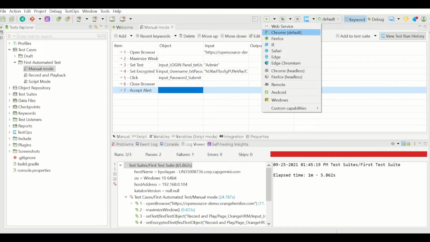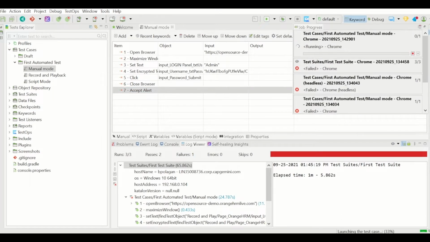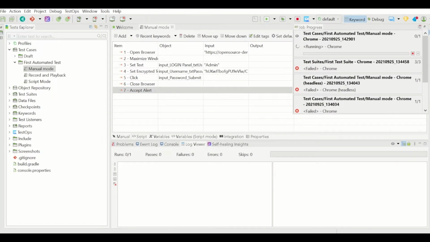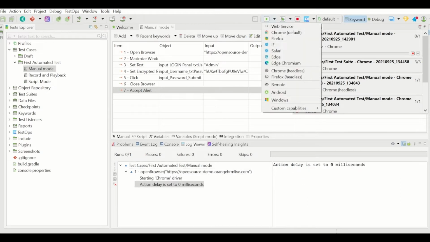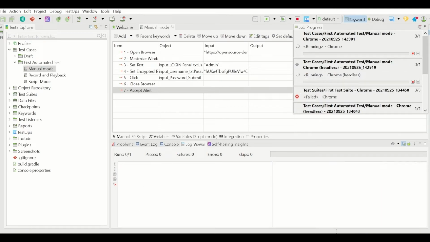I'm running this test case in UI mode with Chrome as the browser. It is going to launch the application and the browser. Now I am choosing the headless execution as well. It has launched the browser already, I think.